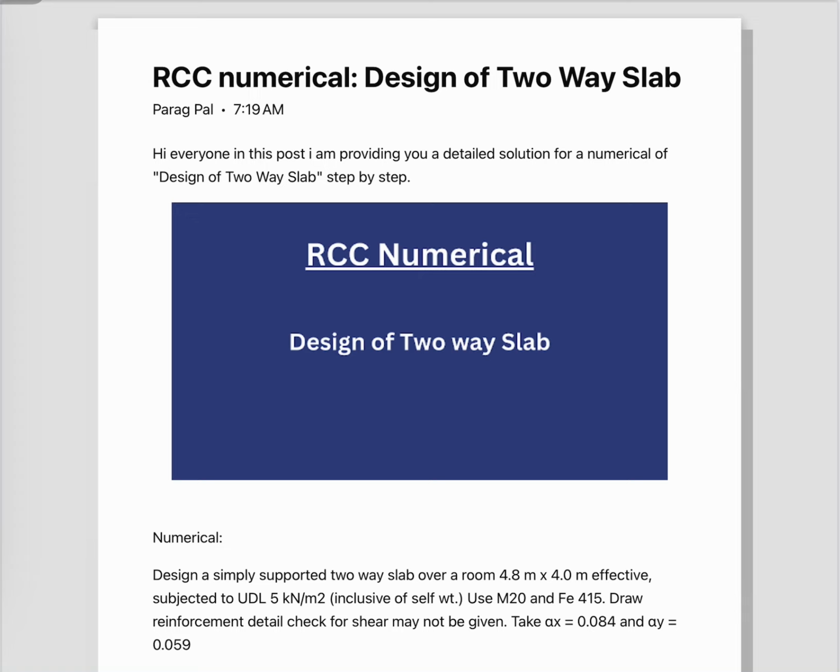So this numerical has very different scenarios that will definitely give you a good understanding of the design of